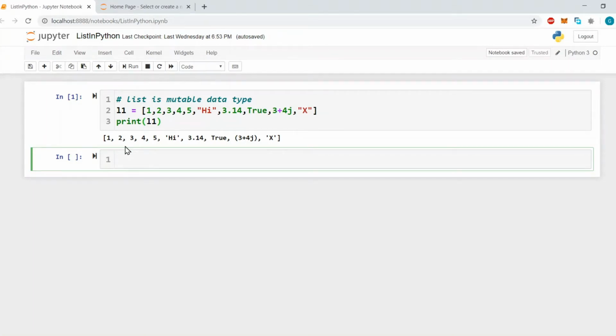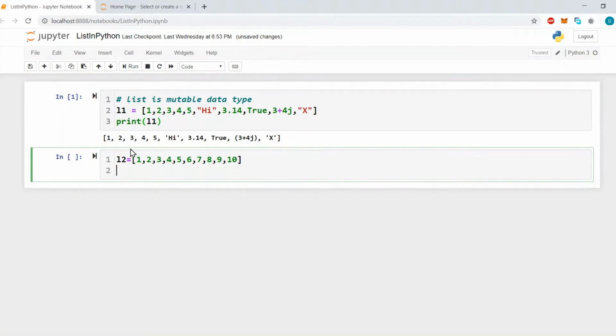First of all, let us declare a list with multiple values. L2 equals to 1, 2, 3, 4, 5, 6, 7, 8, 9, 10. Let's print it, and also the type of L2.